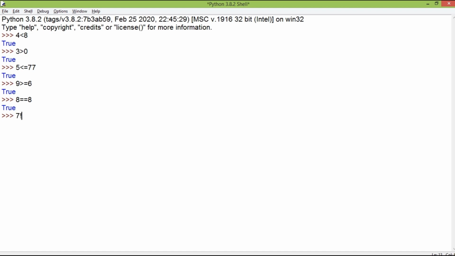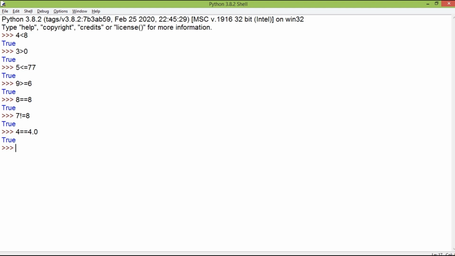Then we have a symbol for inequality also. It compares two numbers for inequality. As you can see, 7 is not equal to 8, so the result of this expression is true. These relational expressions return a boolean true or a boolean false value. They work on some principles, like if I write 4 equal to 4.0, then from 4.0, .0 will be truncated and the numbers will be treated equal.